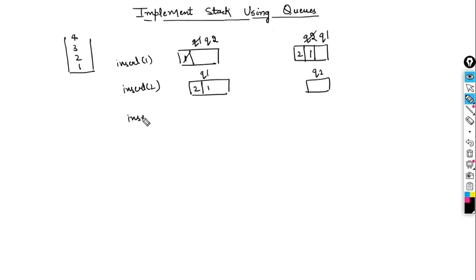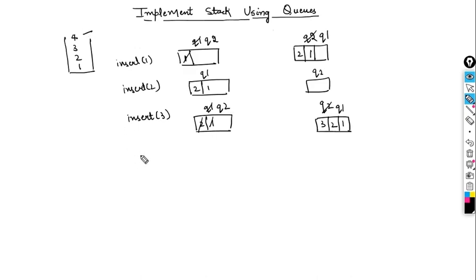Okay, now let's say another element comes, that is 3. So again I need to push it inside q2. So this is my q1 which contains 2 and 1, and this is my q2 which contains 3, right? So do one thing, remove this element, push it here, then remove this element, then again push it here and make it q1 and make it q2, right?